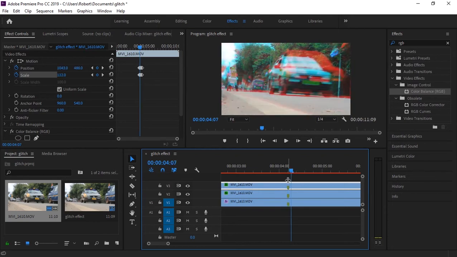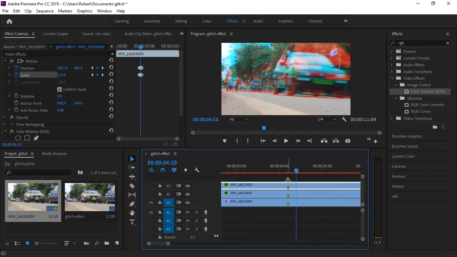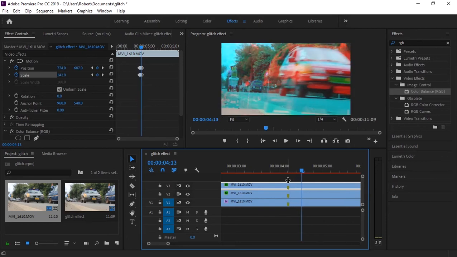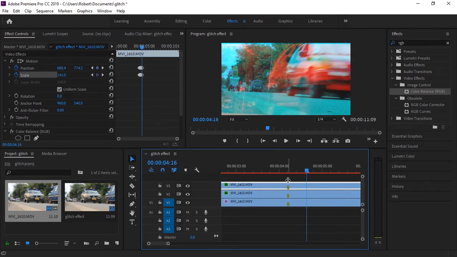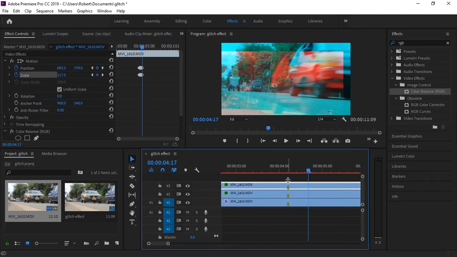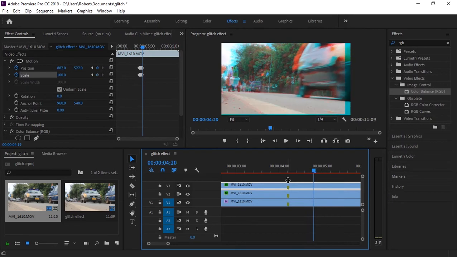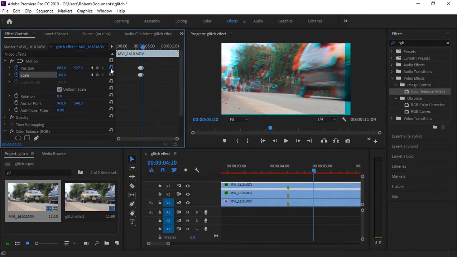1, 2, 3, 4, 5, 6, 7, 8, 9, 10, 11, 12. I think 15 keyframes will do. So when you are at the last point of your animation, you have to reset everything, I mean the position and the scale. When you have it done, you can see that